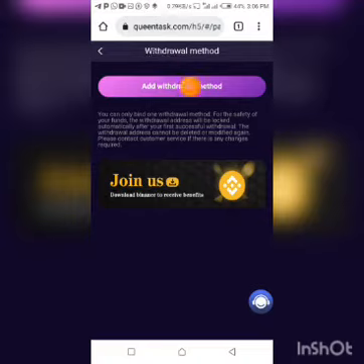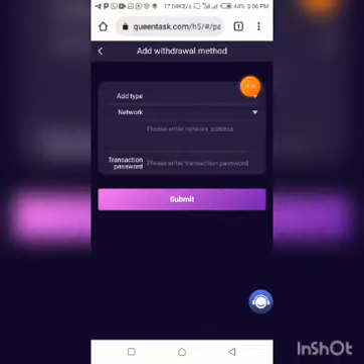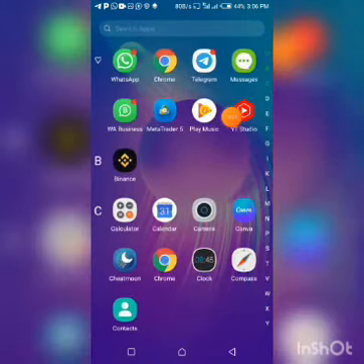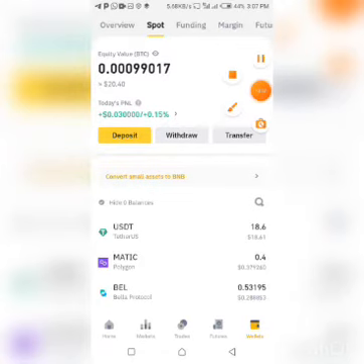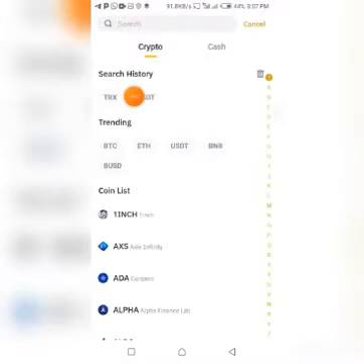So what I'm going to do right now is to add the withdrawal method by clicking on add withdrawal method. I'm going to Binance quickly to copy my USDT TRC20 wallet address and paste it in this site. All right, so we are in Binance right now. I'm just going to click on deposit because I'm going to be depositing my USDT to Binance. So clicking on deposit, I select USDT,